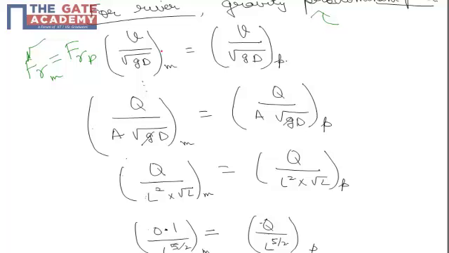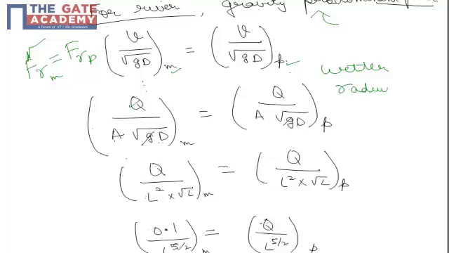This gives us V upon root GD of the model should be equal to V upon root GD of the prototype. We know the value of discharge for the prototype, and area can be modeled as L square. G is the same because both model and prototype are situated on earth, making the value of G the same, and D, that is D, or what we call as wetted